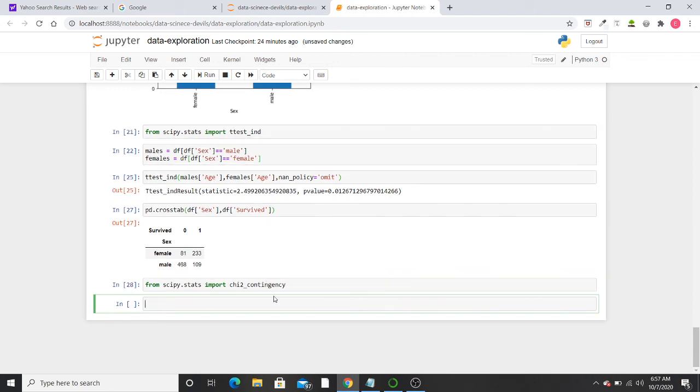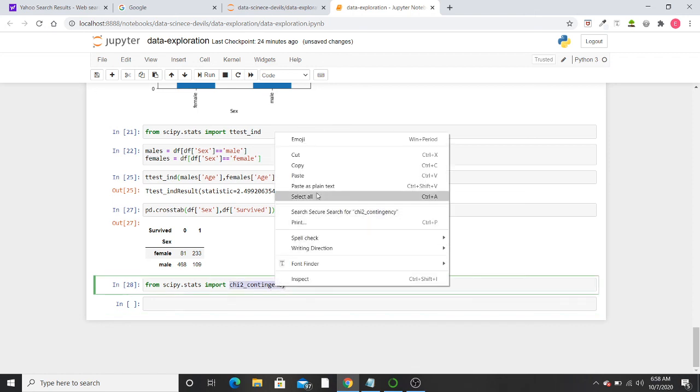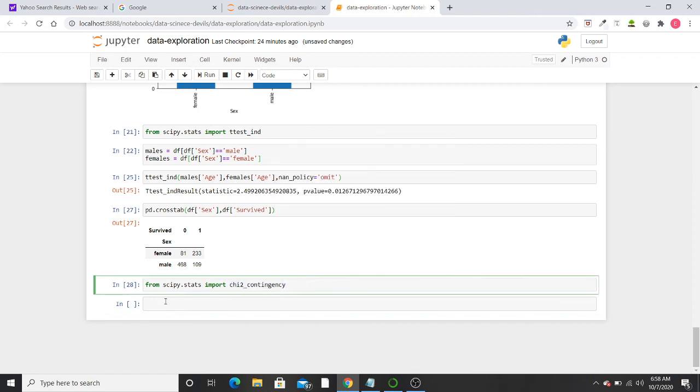Now after importing, I'll simply copy paste this, then parenthesis, then pd.crosstab, then again this.